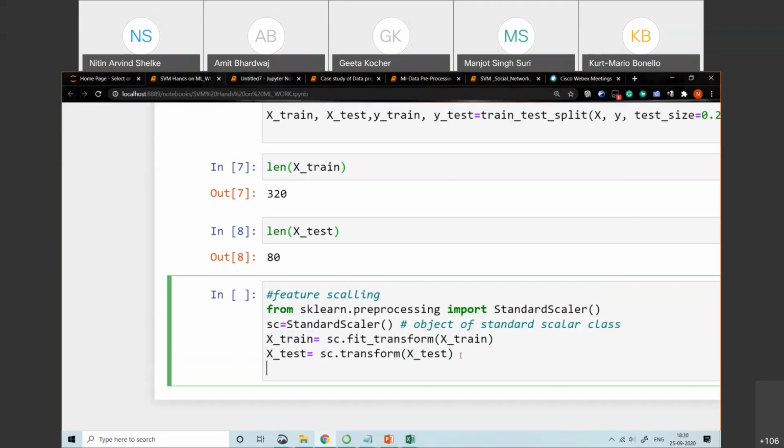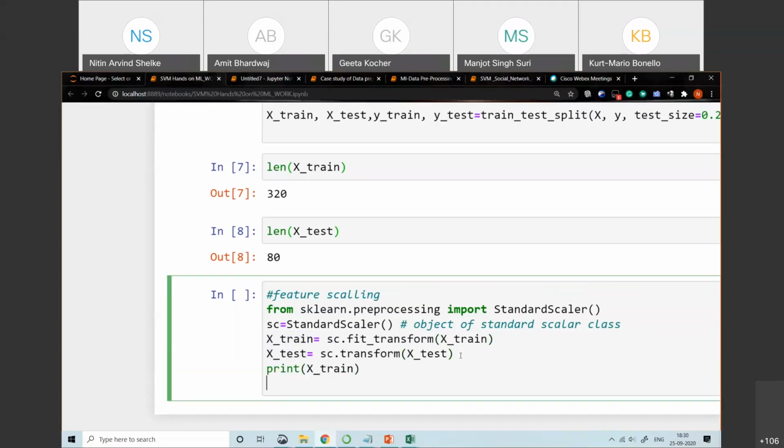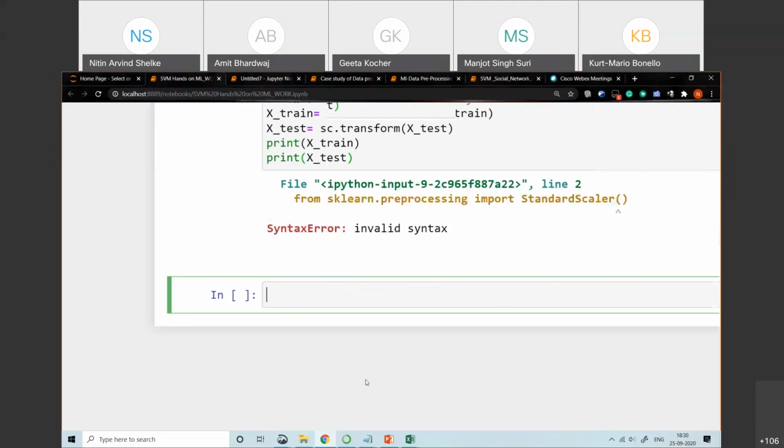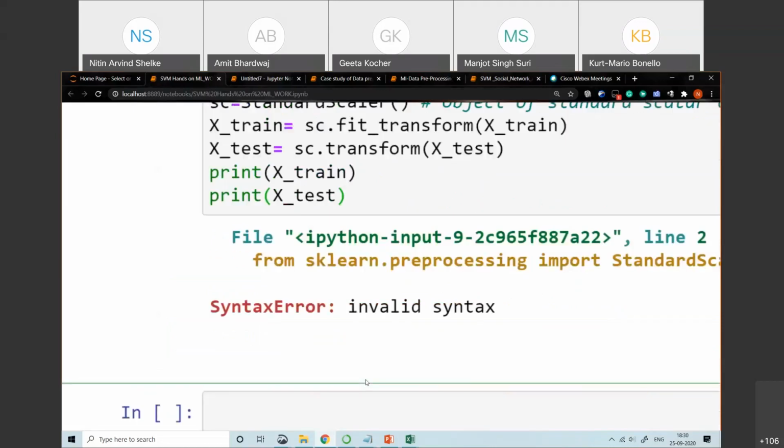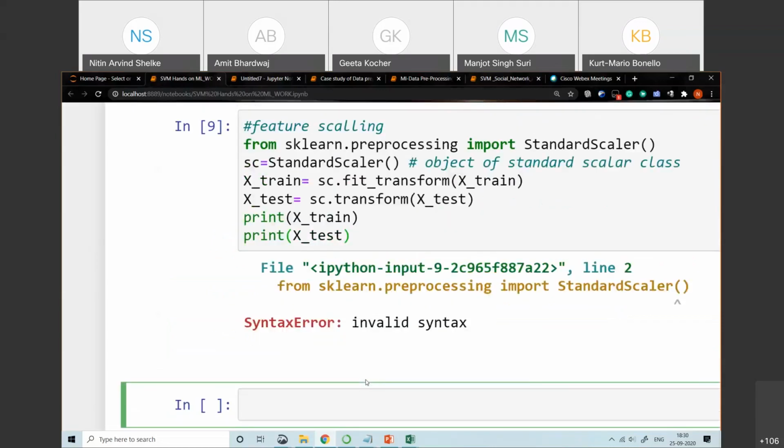Now let me just print x_train and x_test.